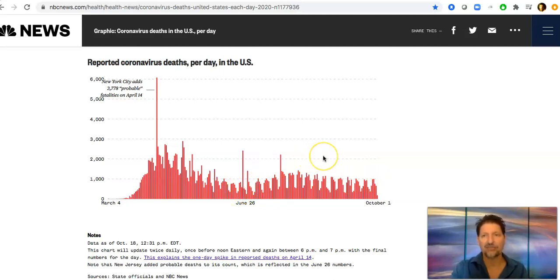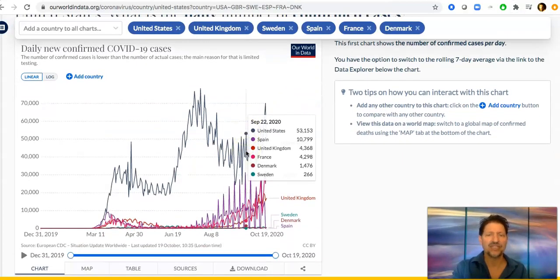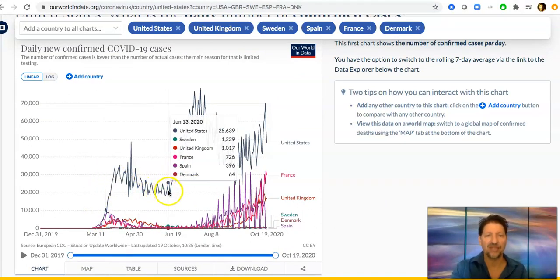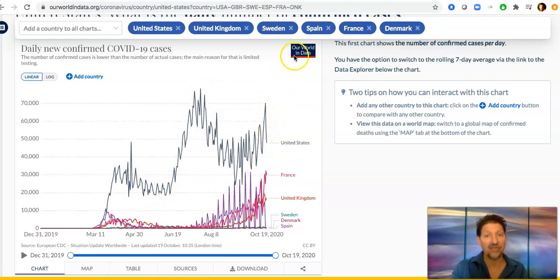In fact, if I can look over here, yes, you can see in this graph, we've had one big flump of cases in the United States. It went up even higher, and then another one that's rising again, and maybe even higher than that. Now, the death rates are quite a bit less, as we will see,